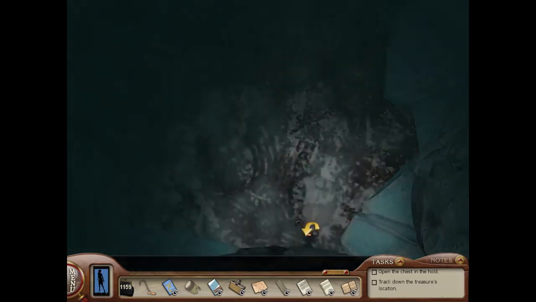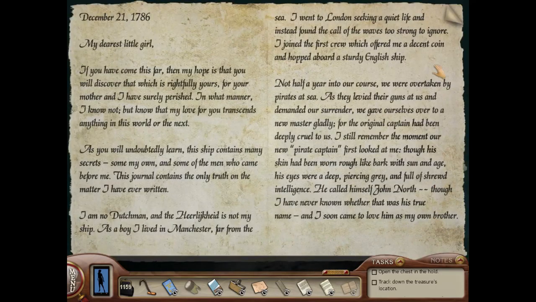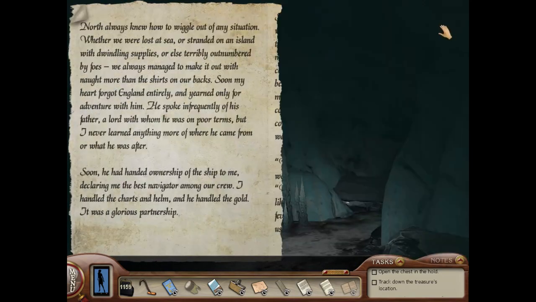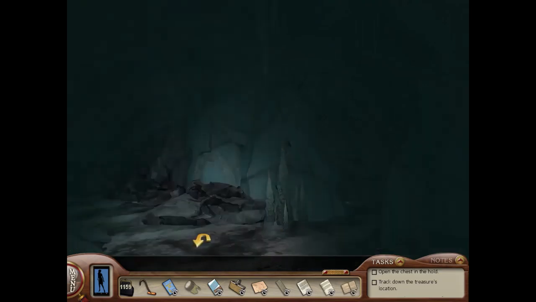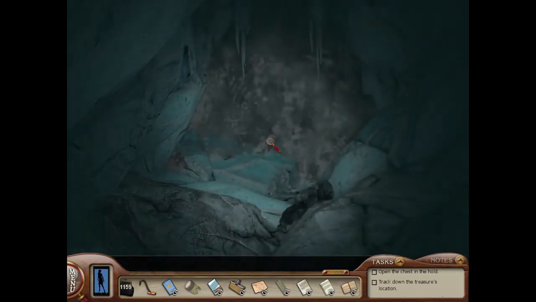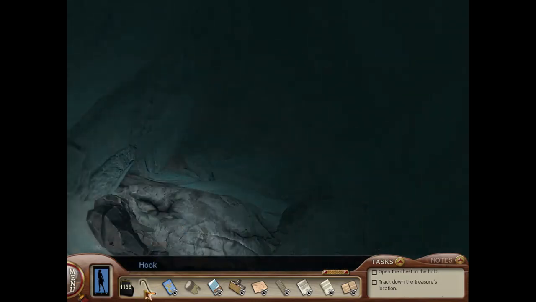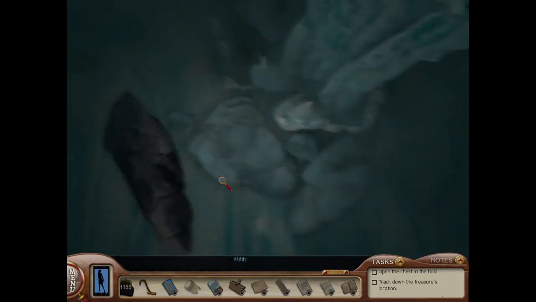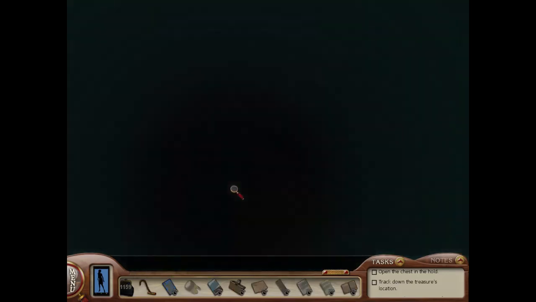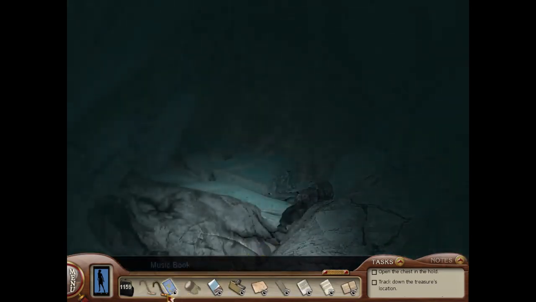I can't do anything. I don't know. Open the chest in the hold. This is a dead end anyway, so we can't do anything with that. Oh, whoops. My bad. You made the fatal error. Try again. Okay, so well, that tells me that...